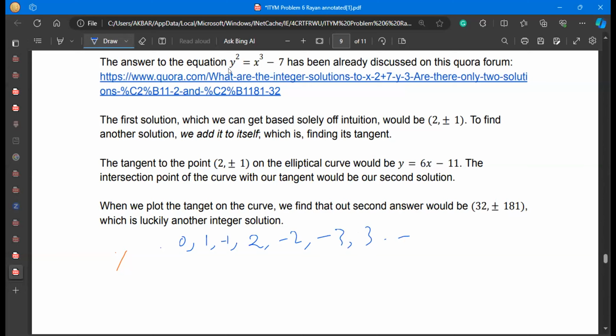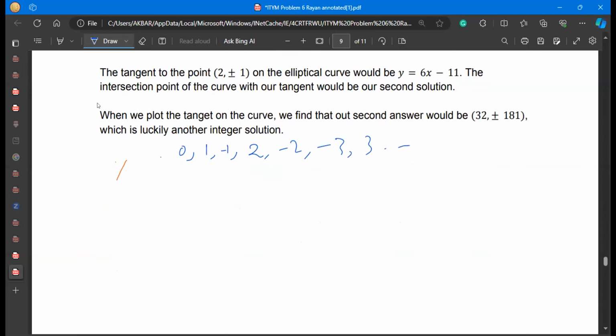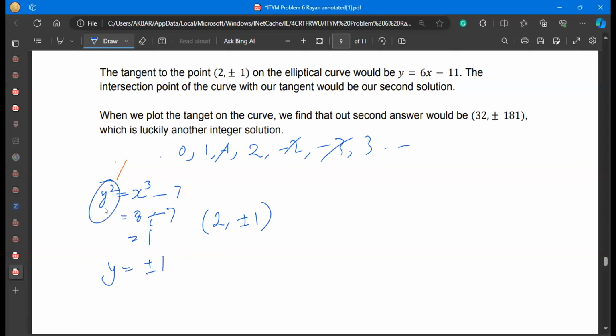और जब आप x को 3 रखते हैं तो you try to find, यानी कि करना ये होता है कि आपके पास y स्क्वायर इज इक्वल टू x क्यूब - 7 है, तो x को 0 रखें, तो y is -7 which is not a square, so माइनस वाले पॉइंट्स को भूल जाए क्योंकि आयोटा अपीयर हो रहा है, so you just get rid of the negative, and 1 रखें, 1 - 7 is -6, still no hope। 2 रखें तो 8 - 7 is equal to 1, 1 is a square और इसका स्क्वायर रूट है, y is equal to ±1, you get a solution, ठीक है। तो x को जब 2 रखेंगे तो y ±1, यानी कि इसमें ये है कि y और -y both are the solutions, तो एक सॉल्यूशन फाइंड करना और उसको माइनस करने से दूसरा सॉल्यूशन भी मिल जाता है।